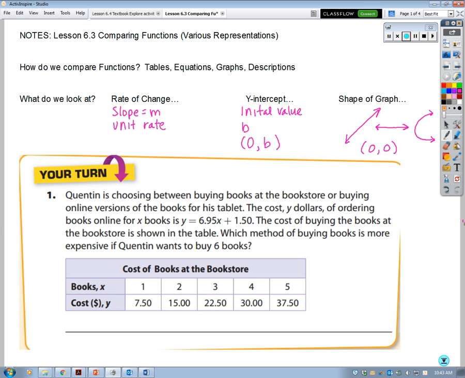So the first thing we're going to look at is comparing an equation and a table. Let's go ahead and read the scenario here. Quentin is choosing between buying books at the bookstore or buying online versions of books for his tablet. The cost y in dollars, so that's our output, of ordering books online for x books, so that's our input. Input is x, number of books. Y is output. And the equation is y equals